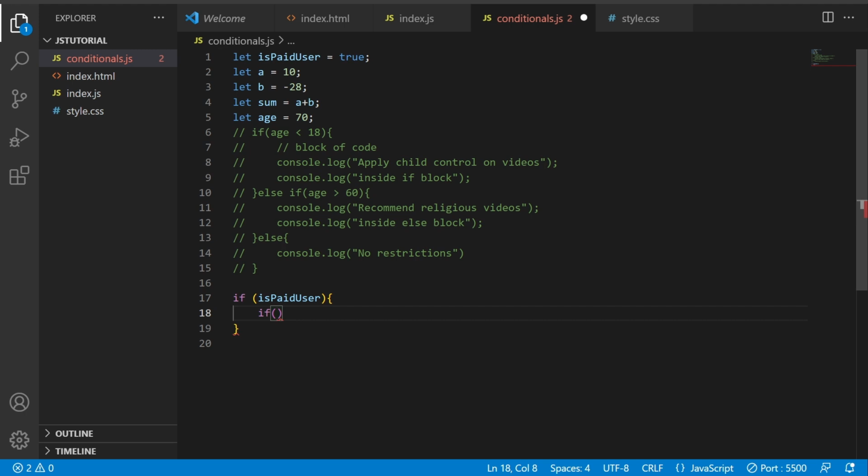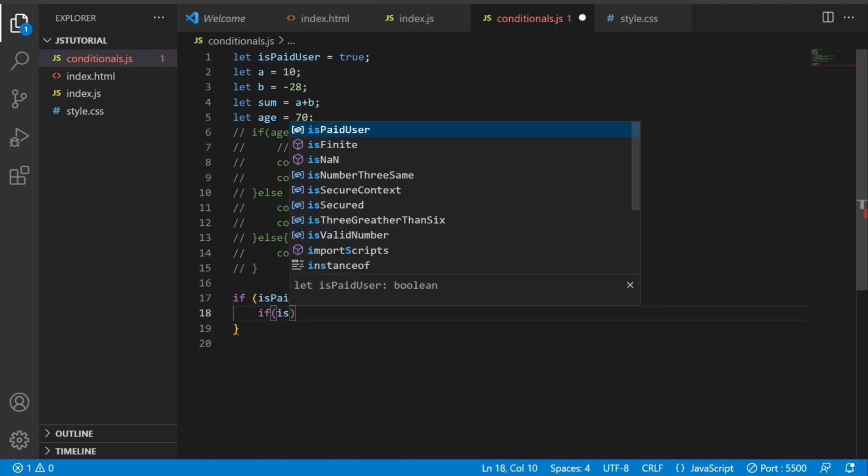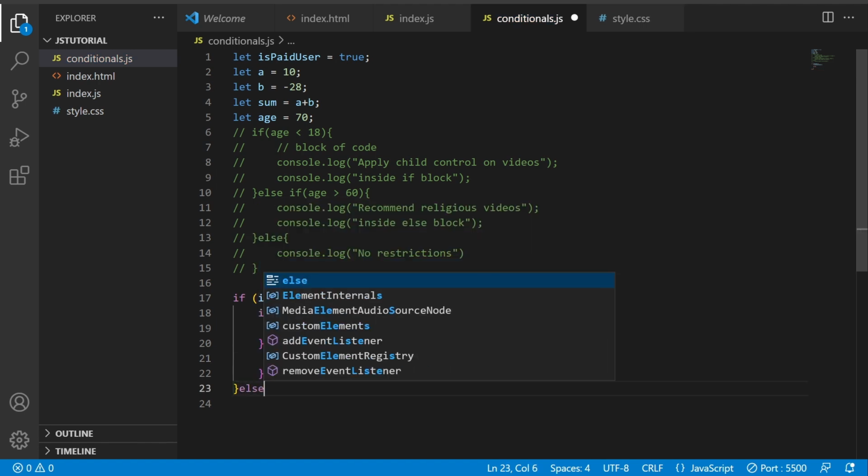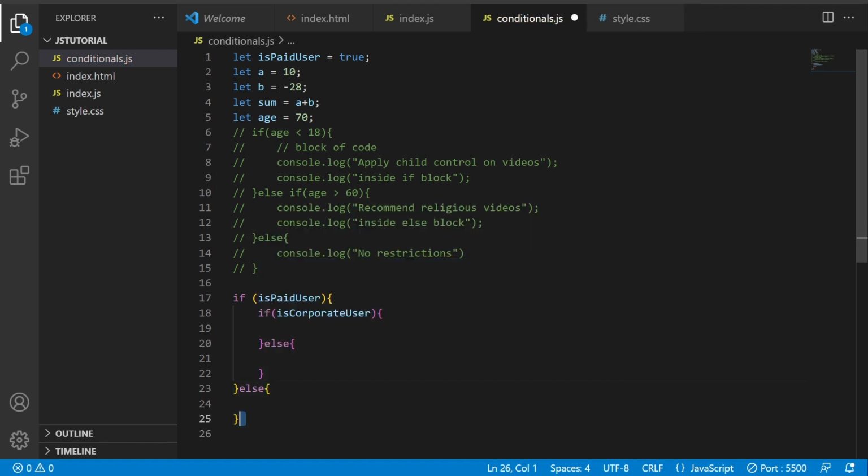This is kind of a corporate license or corporate account, where they get some special discounts and special offers because they are corporate users and buy the licenses in bulk. So inside one condition, if that user is a paid user, inside that it will check is corporate user, and like this, else something. And here also, else if the free plan, like this, nested if else condition here.